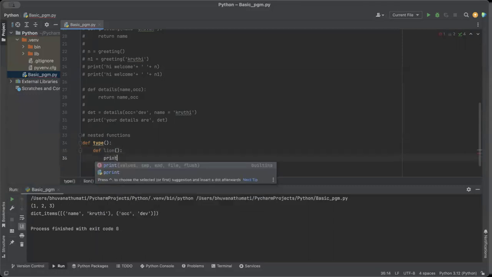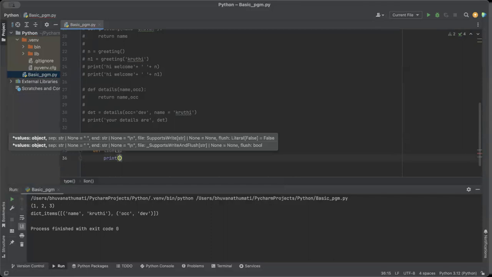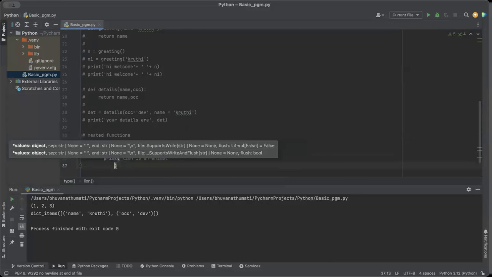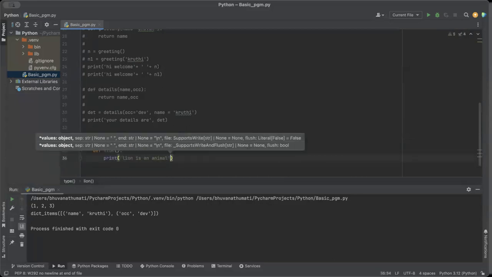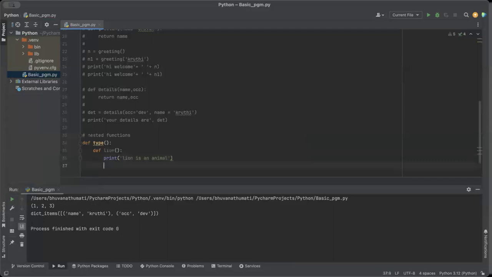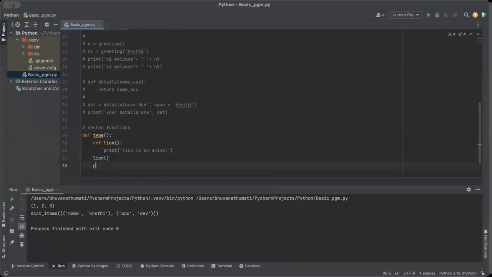So I'm printing inside nested function as lion is an animal, and I'm calling nested function, and then I'm printing